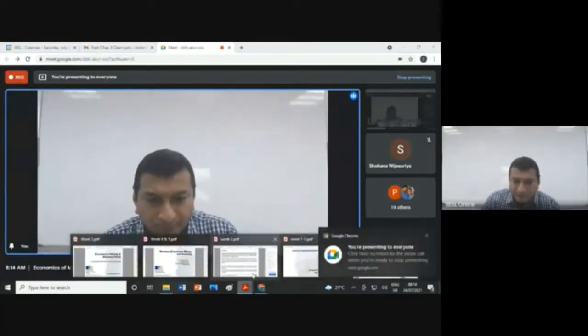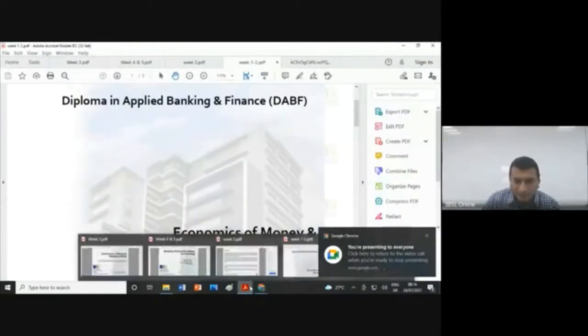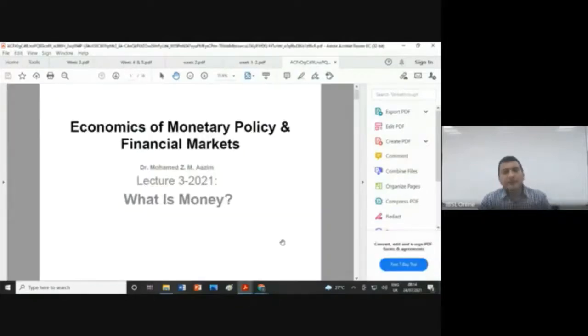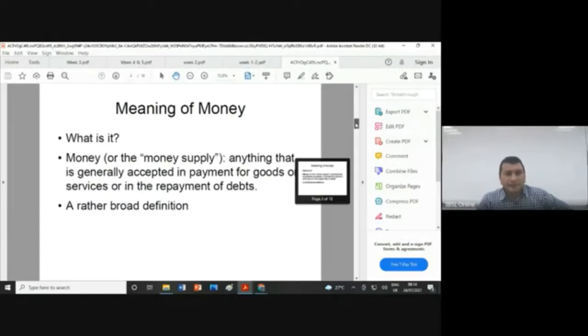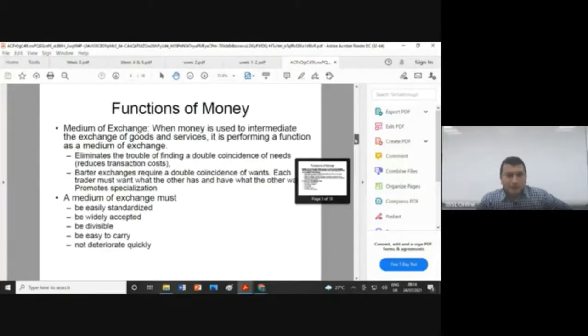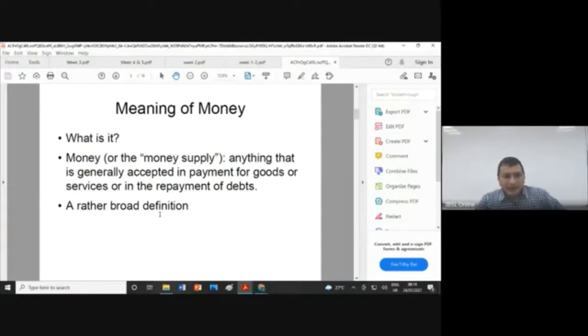And effectively, we have covered to some extent what we were discussing in our last lecture, which is very much in line with functions of money. And of course, we talked about the meaning of money from a broader perspective. And then, of course, we have to maintain the fact that it is not only accepted in payments for goods or services, but also in the repayment